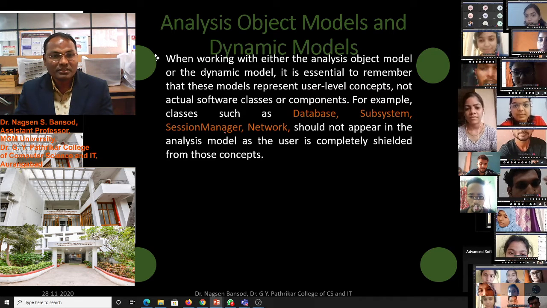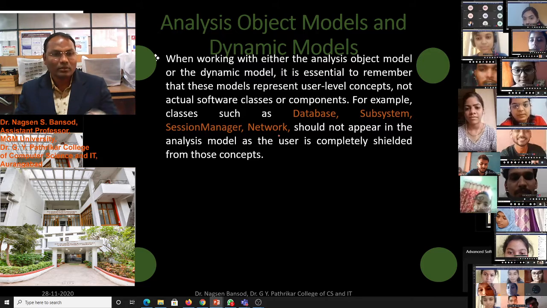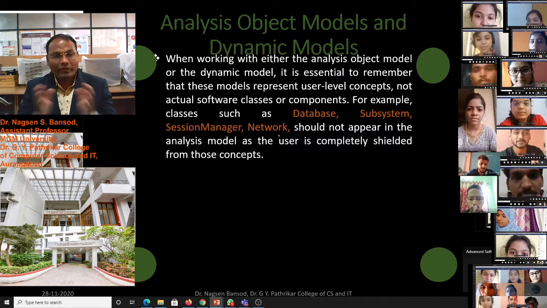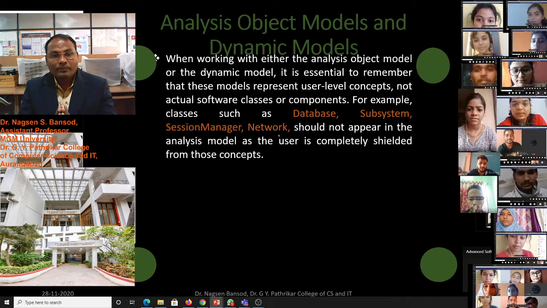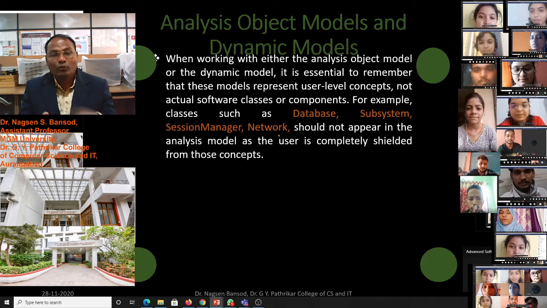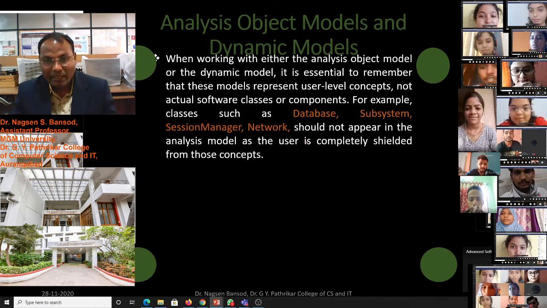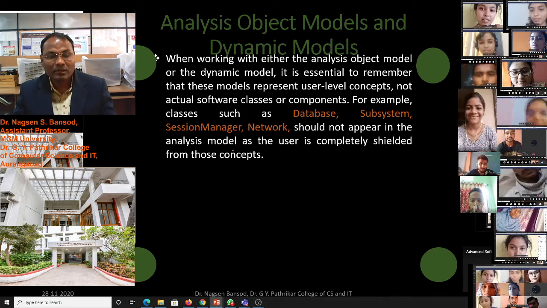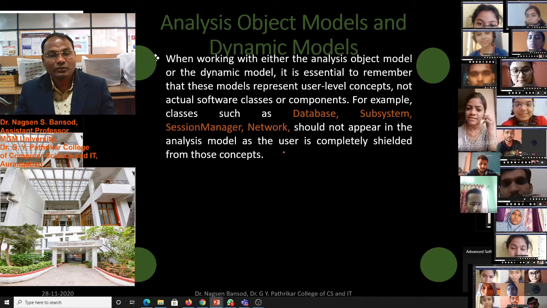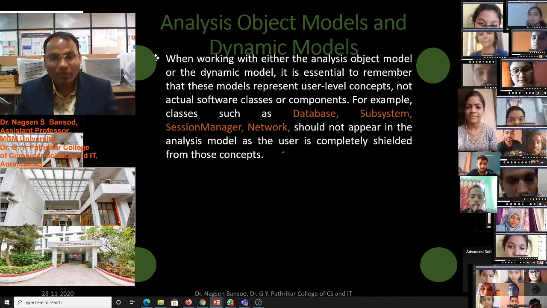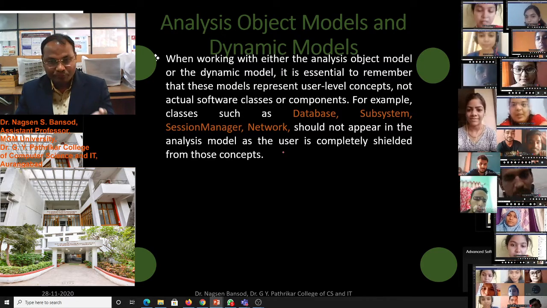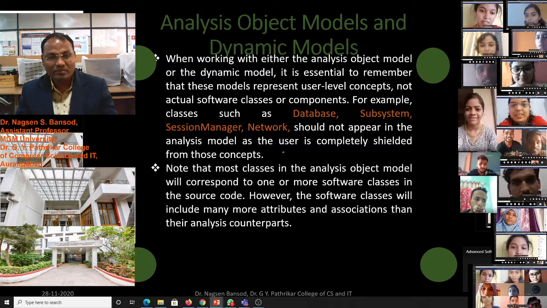Database, subsystem, session manager, network will not be software components. As an analyst, as a software developer, we have to make the analysis, and these should not appear in the analysis model as the user is completely shielded. So we have to make the analysis and bring that into the software design.